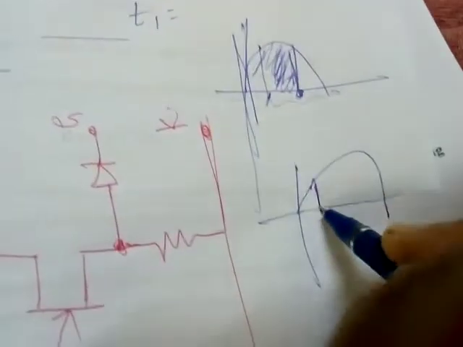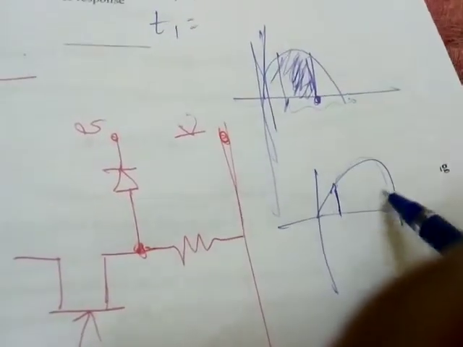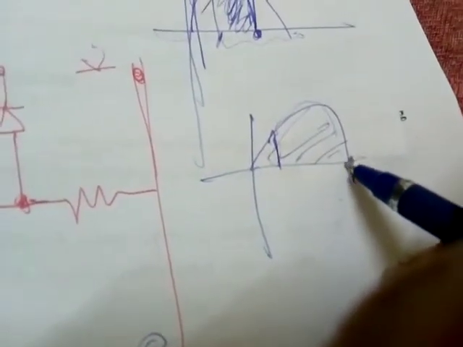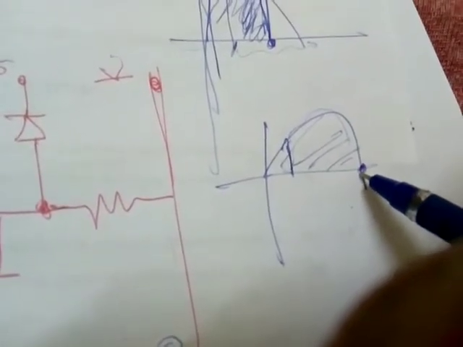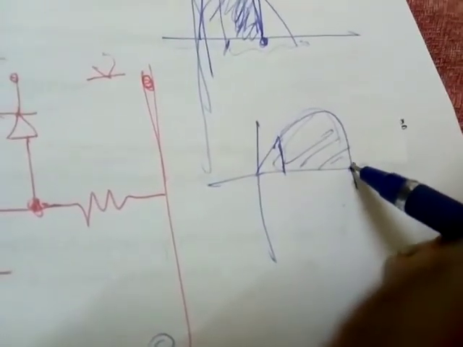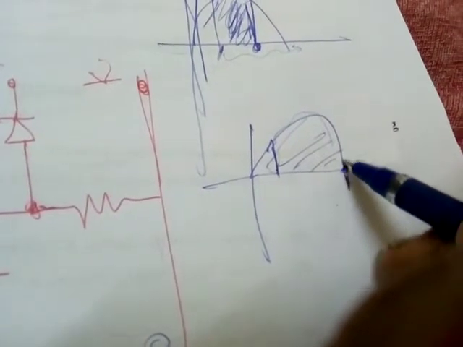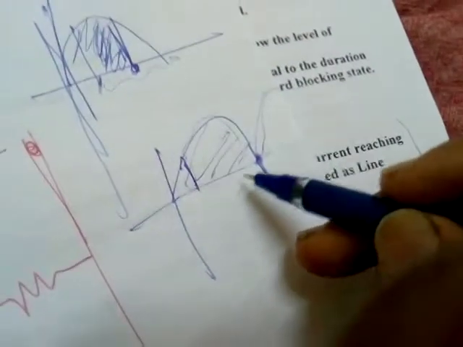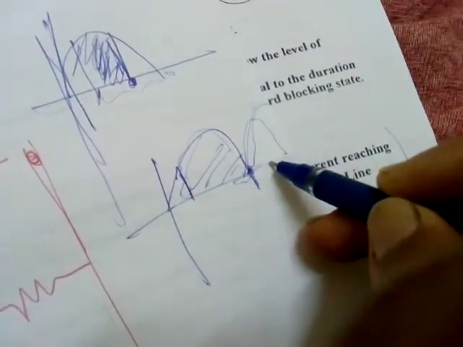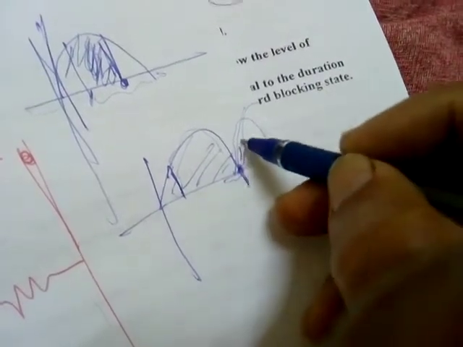The point is, suppose we have fired the SCR here. Now the SCR will conduct for this duration. At this particular point, the SCR's anode current has become 0. But if the supply voltage does not become reverse biased, and from here itself it goes like this, the SCR will fire again in this positive half cycle